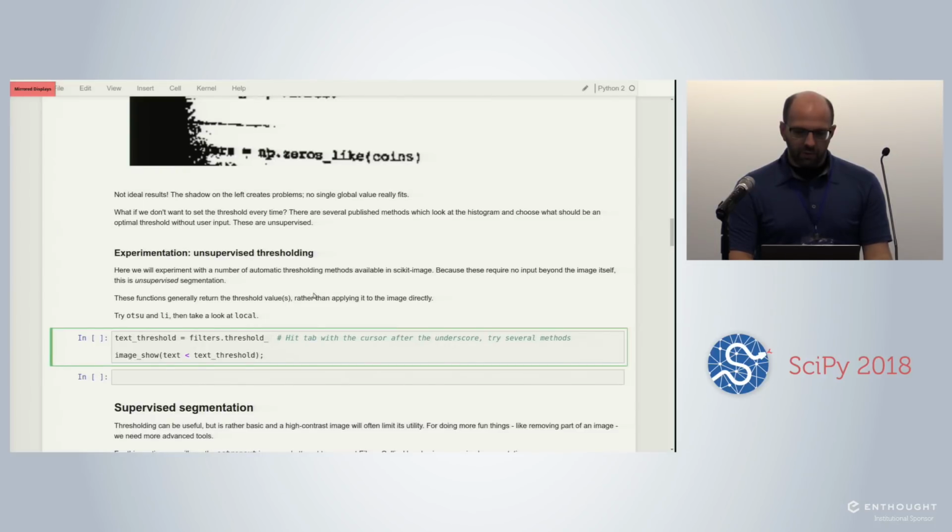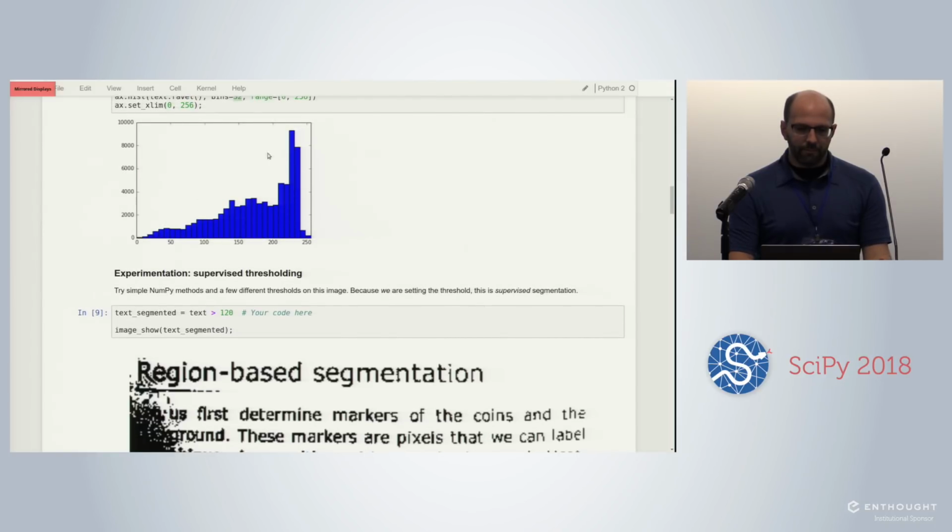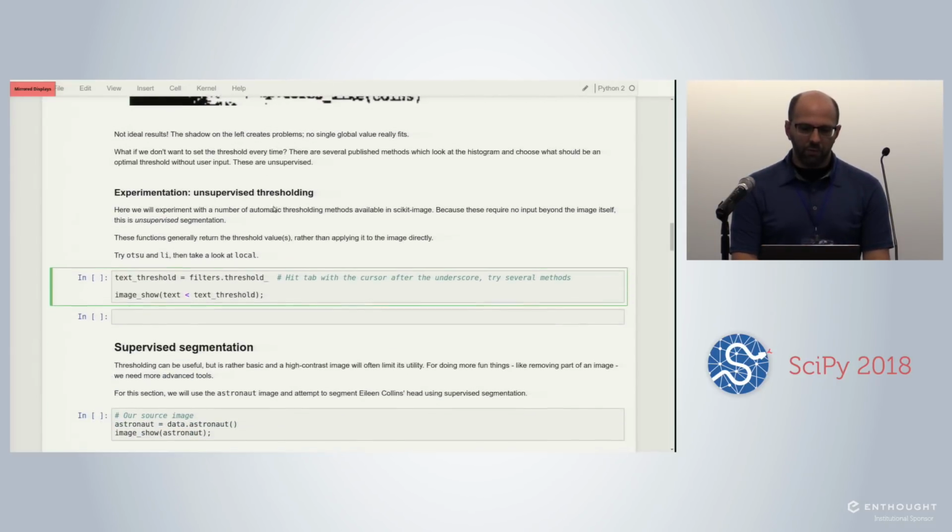There are a number of thresholding methods. Some of them are specifically designed to tell us where would be an ideal threshold within this histogram and within this image without any additional input. So that's an important distinction. We just did supervised segmentation because we looked at the histogram and said, well, I think that's where it would make sense. But we have a few that would be unsupervised if you had, let's say, a database of text images of books, like the Google project to digitize libraries. They're probably using something that's fully unsupervised on each image so that they can binarize the text away from the background. They may be using something like